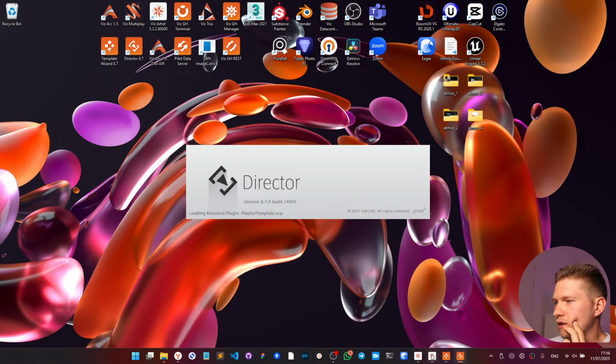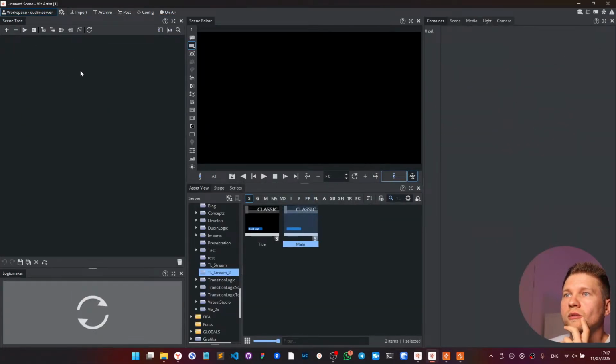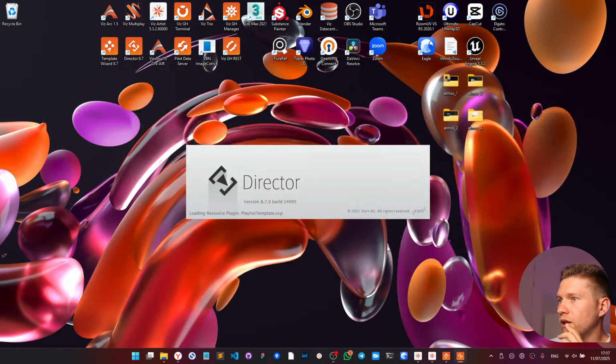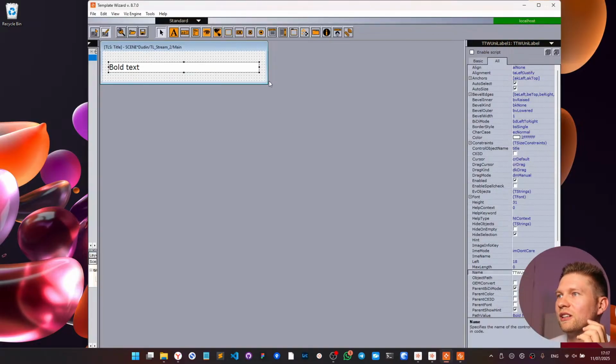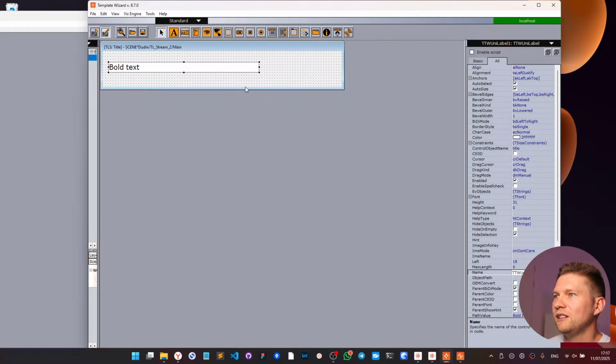Okay, starting the director. During that, let me see what is the state. Okay, that's good. I like to have an empty engine before I start testing something. Come on. I had to load it earlier. Okay, I got it. During that, maybe we can expand the usability of this element